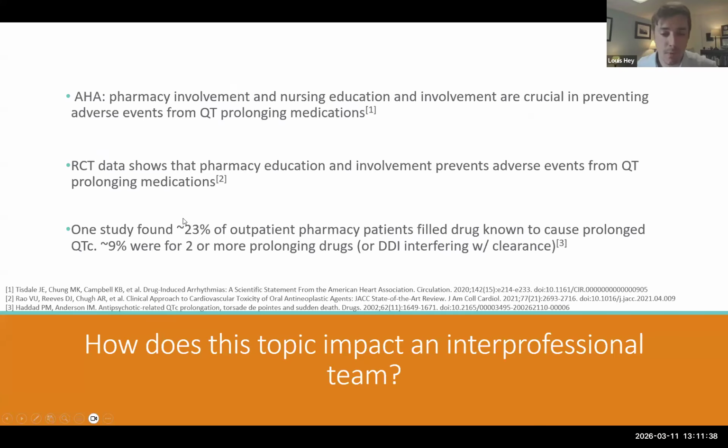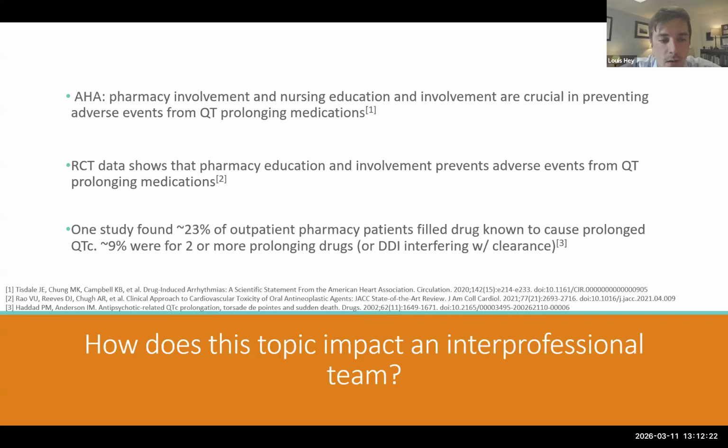And then I mentioned interprofessional education is one of the goals of AHEC and how this topic fits into that. Almost all papers that talk about this risk in a public health context really hammer home the relationship between the prescribing clinician, the pharmacist, and nursing staff. Nursing staff is more applicable to the inpatient setting, but outpatient definitely pharmacy. Pharmacists are often the ones that catch a high risk medication in a high risk patient, and so education for pharmacy students and pharmacy residents is very important on this topic.